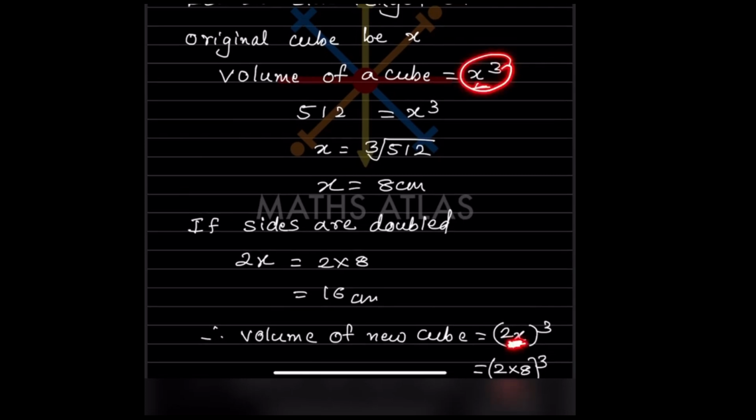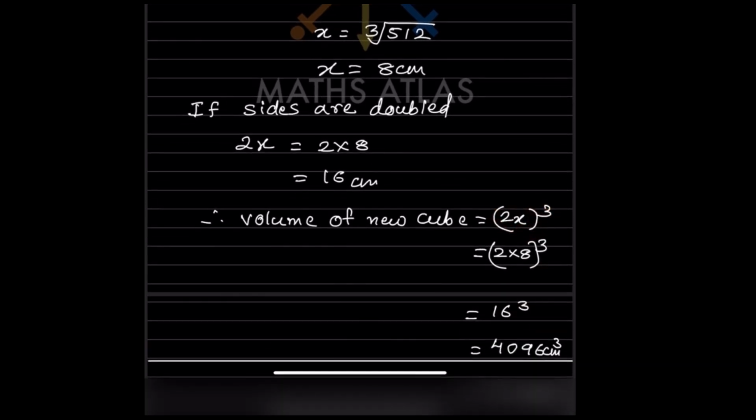You will use 2x, and we put a bracket. Why? If you write it without the bracket, that means the cube is only for x and not for 2. So you have to put a bracket, which means you multiply the cube into each. So 2 cube into x cube, that will be 8x cube, and then later on put the value of x,